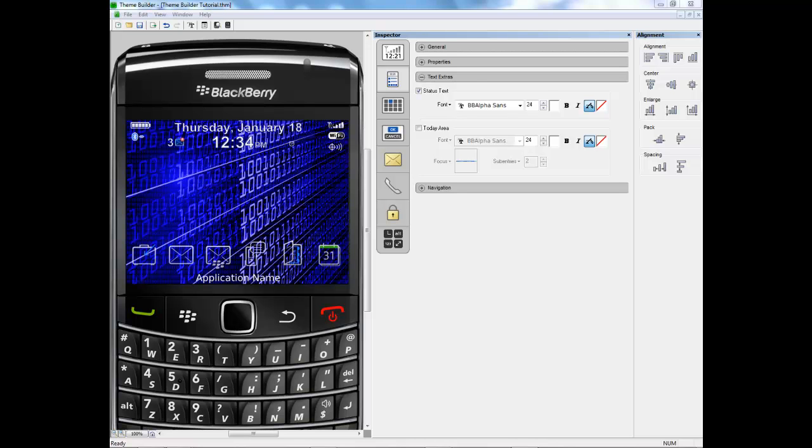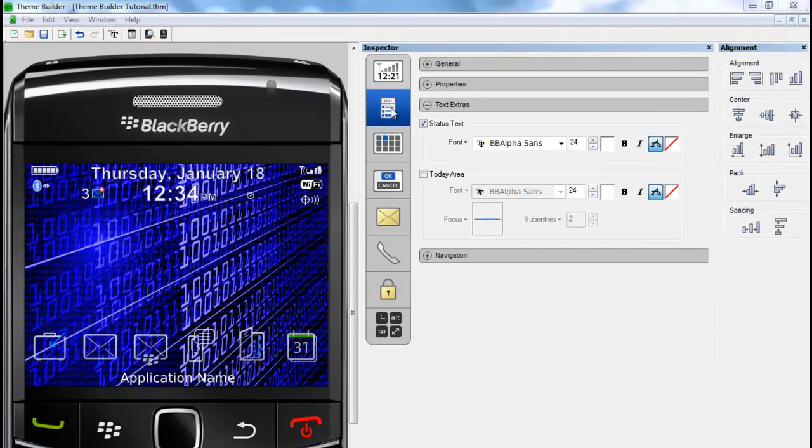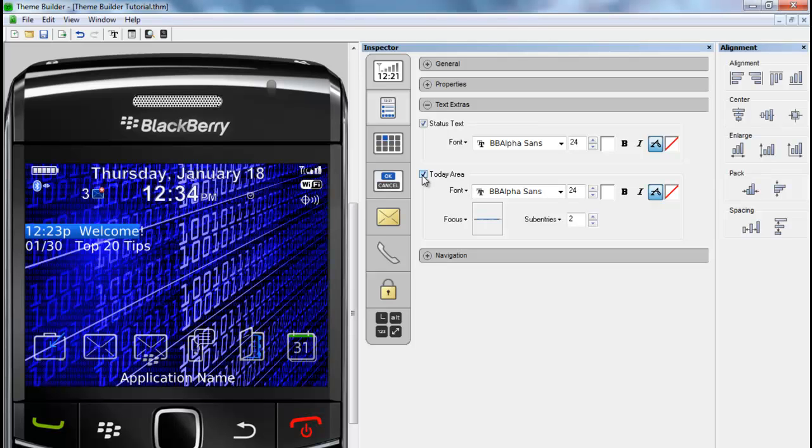I seem to have neglected to cover one or two areas before we export our theme. If we go back up into text extras, that would be in your home screen area. We did the status text. You can also add a hidden today. So if you click on this today area, you will see that it brings up